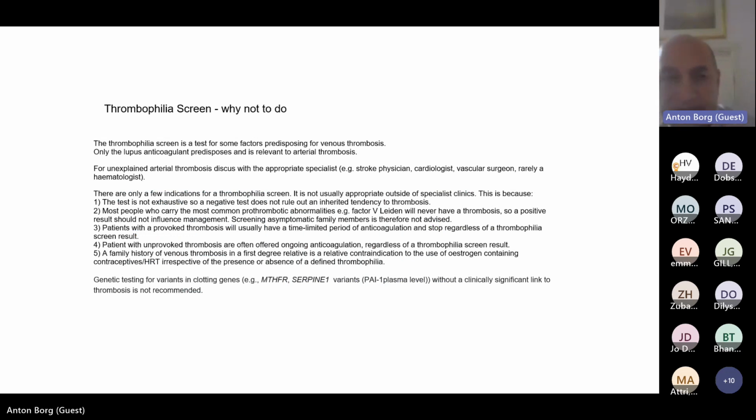So I'll start with thrombophilia, and I think I ought to say, the slides I'm using were done by a group of hematologists quite a number of years ago now, and I've just updated it a bit. They were done in common between Warwick consultants, a consultant from Nottingham, and so on. So you'll find these now prevalent throughout a lot of hospitals in the country. So let's start with